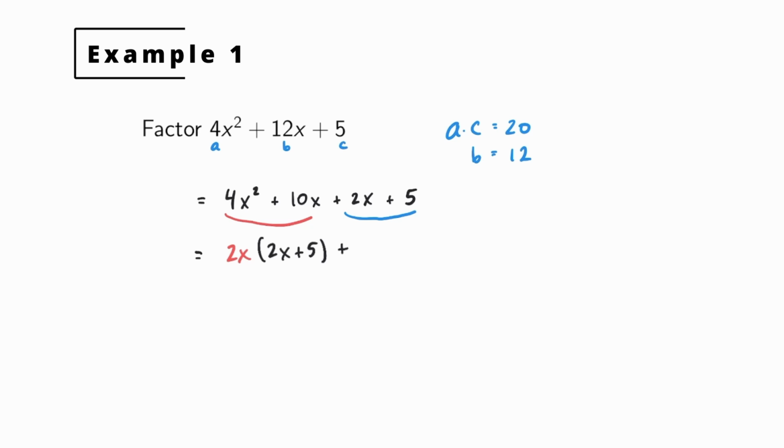Now from the second two terms, the GCF is just 1. So I'm going to write a 1 here. I'm going to write this explicitly. So the second two terms become 1 times 2x plus 5. And now you have two terms with a common factor of 2x plus 5. So factor out the common factor, 2x plus 5. You're left with 2x plus 5, and then left over, you have 2x plus 1. And that's it. You can, of course, distribute those two polynomials and see, do you end up where you started?